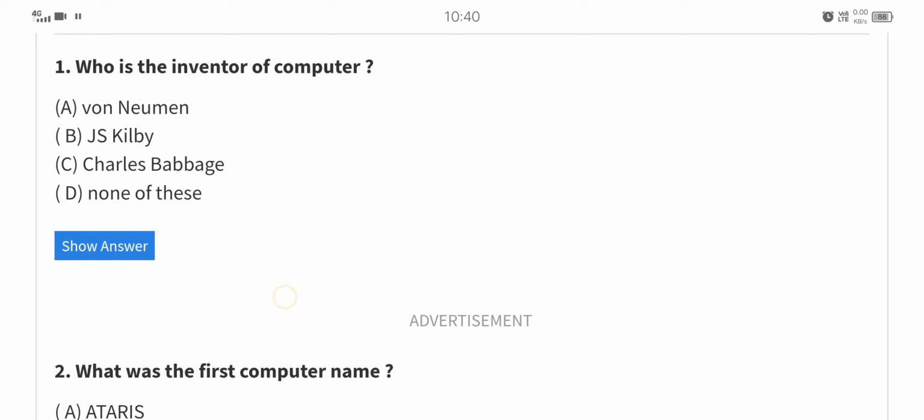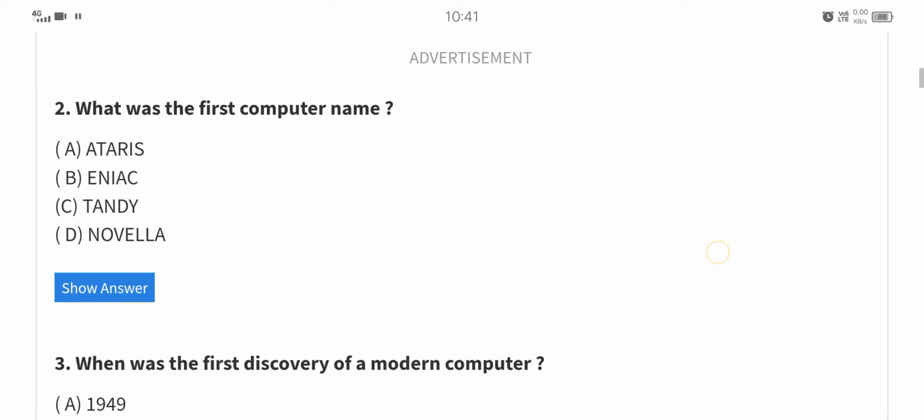आज की हमारी वीडियो होगी कंप्यूटर जीके पर। तो बिना किसी देरी की वीडियो को स्टार्ट करते हैं। क्वेश्चन नंबर 1, हू इज़ द इन्वेंटर ऑफ कंप्यूटर? तो इसका सही आंसर है चार्ल्स बेबेज। चार्ल्स बेबेज इज द राइट आंसर, ऑप्शन नंबर सी। क्वेश्चन नंबर 2, व्हाट वाज द फर्स्ट कंप्यूटर नेम? आईनेक।